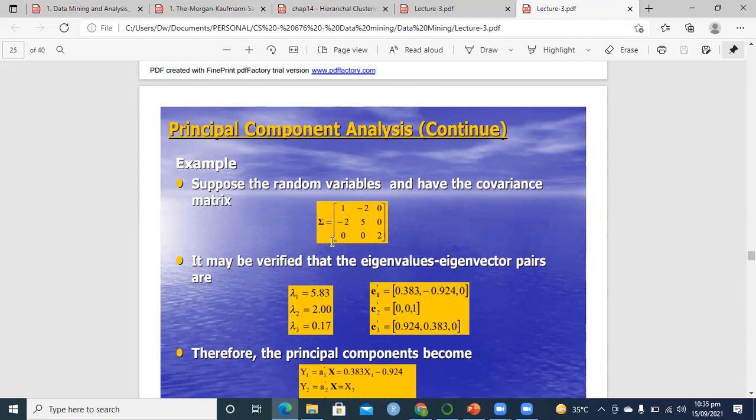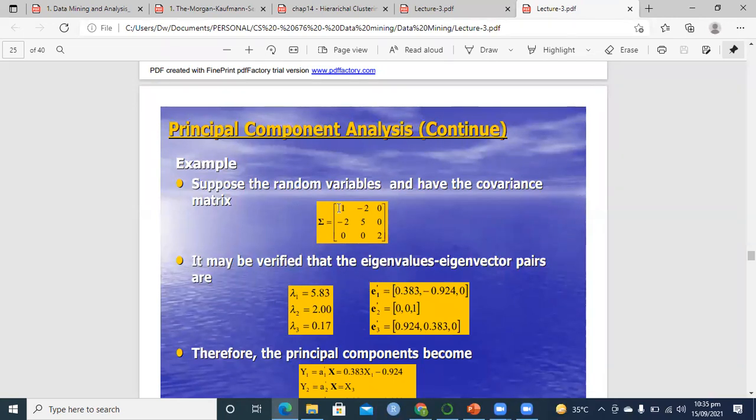Then for this matrix, we can use the eigen command, EIG in R, and I think EIG is the same command in MATLAB as well, to calculate the eigenvalues for these three columns. From those, we found that one of the eigenvalues is 5.83, second is this, third is this. And corresponding to each eigenvalue, we can do some calculation and calculate some new columns.